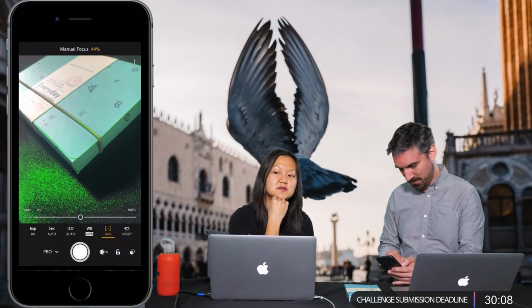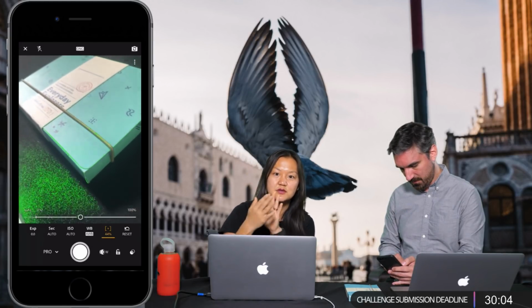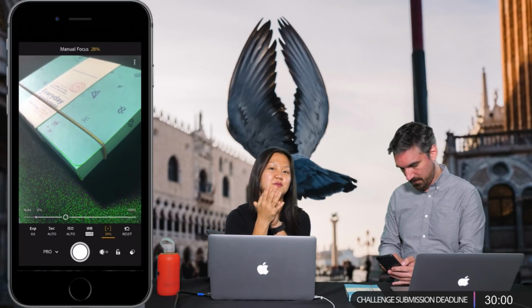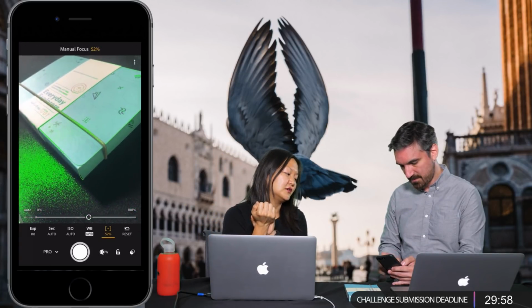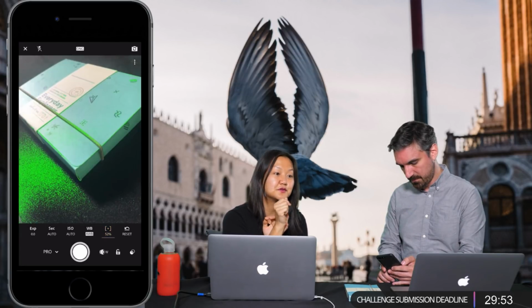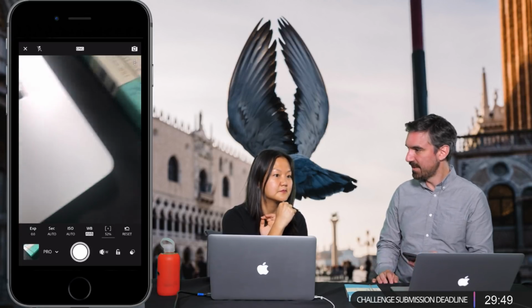And then the other situation that I think of is shooting raindrops on a window and you want to shoot through the window and see what's behind it, like nice and blurry in the background, but you want the raindrops in focus. It's really hard for an iPhone to nail that sometimes. So having this manual focus is super helpful. Interesting. Yeah. Thanks.